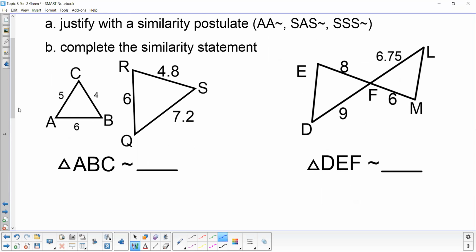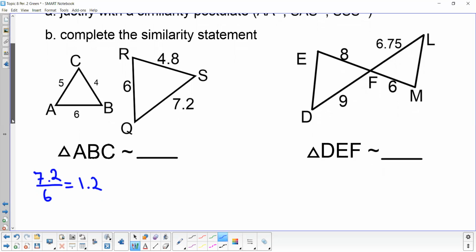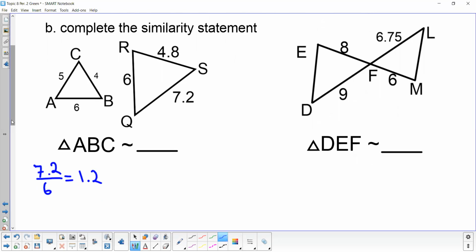So what I'm going to do is just grab the biggest side in the biggest triangle, and obviously that'll correspond with the biggest side in the smaller triangle. So 7.2 over 6, I believe, is 1.2. And let's do the same thing with the next biggest side in the big triangle, which is 6, divided by the medium side in the smaller triangle,